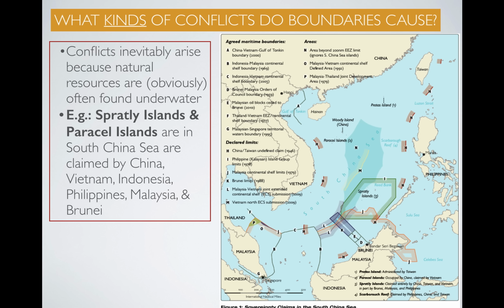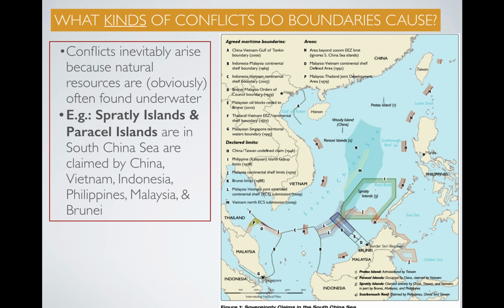You can see here, this map itself is kind of busy to look at, because of all of those islands. The Paracel Islands, you can see in the bottom right-hand corner where it's labeled, and the Spratly Islands, those are the two areas that different countries are laying claim to, the same territorial conflicts. They're claimed by China, by Vietnam, by Indonesia, by the Philippines, by Malaysia. All are claiming that it's within their exclusive economic zone, that it's within their territory, and so on and so forth.